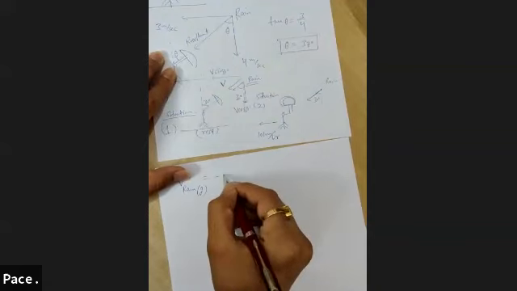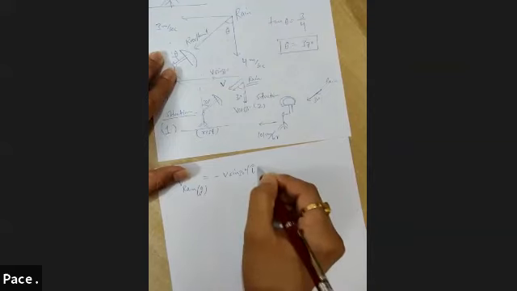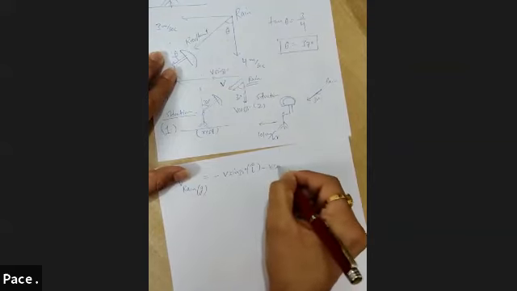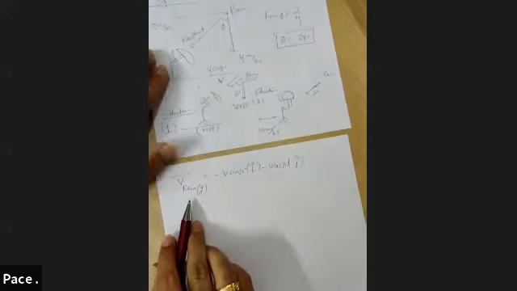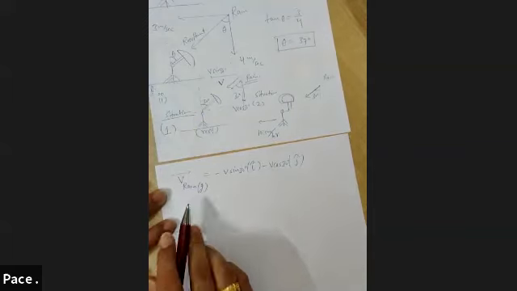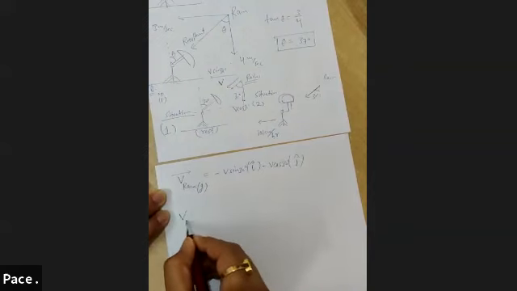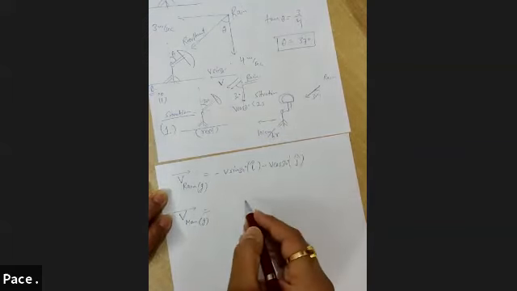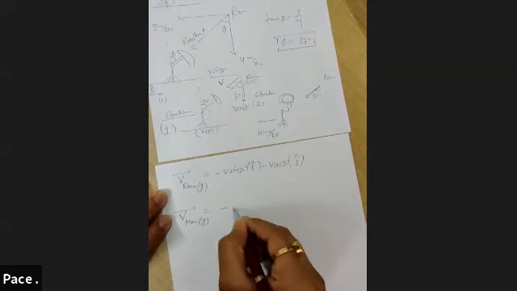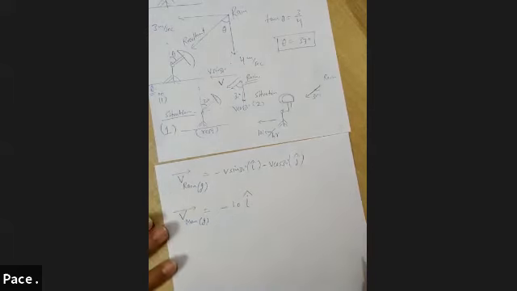So it is simply minus V sin 30 degree i cap because it is towards the left and downward direction, and minus V cos 30 degree j cap. This is the velocity of rain with respect to ground. Now, what is the velocity of man with respect to ground in the second situation? It is 10 kilometer per hour towards left, so it is simply minus 10 i cap.